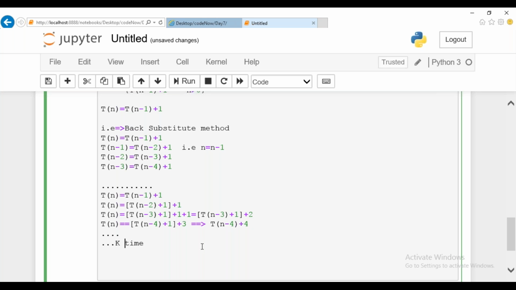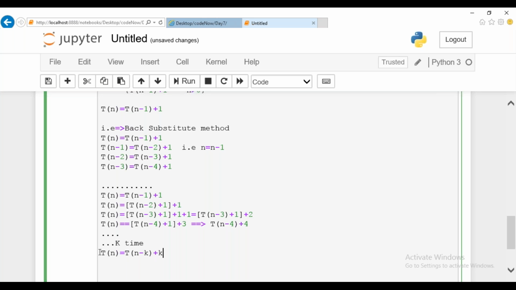Now let us find out the equation behind it, as we did in the first method. So t of n is equal to t of, what is the number of times this particular loop might execute? It might execute k number of times, so let me give n minus k. One time it is executing, second time, third time, four times. Whenever the given value is k, it is going to execute k number of times. Followed by plus k as the expression.